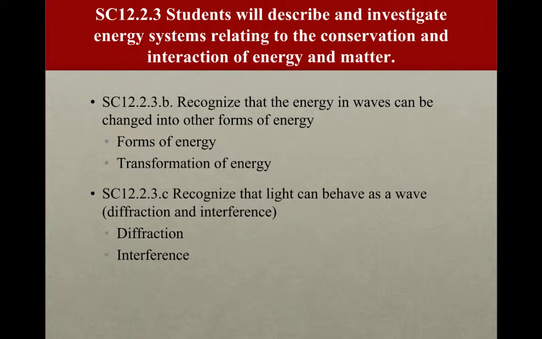So energy that is in waves can be transformed into other forms of energy. What are some of the different forms of energy? We have kinetic energy, potential energy, there's sound is energy, heat would be energy. So you can have all these different kinds of energy get transferred from one to another. And that's called the transformation of energy. We see that a lot with kinetic to potential. If something's falling, your potential energy is getting converted into kinetic energy, but this can happen with waves as well.